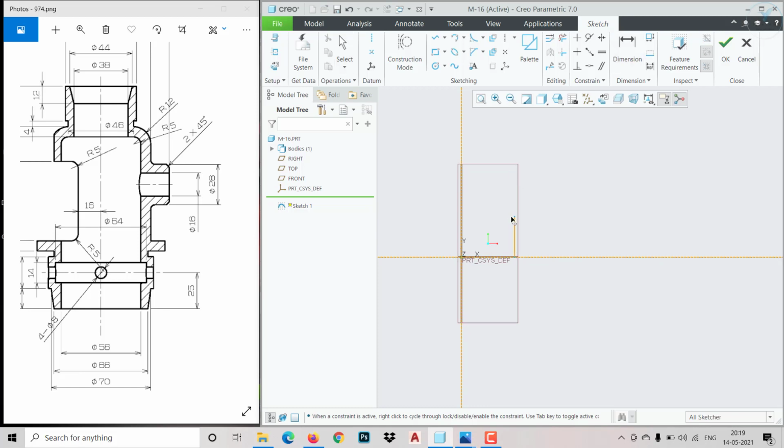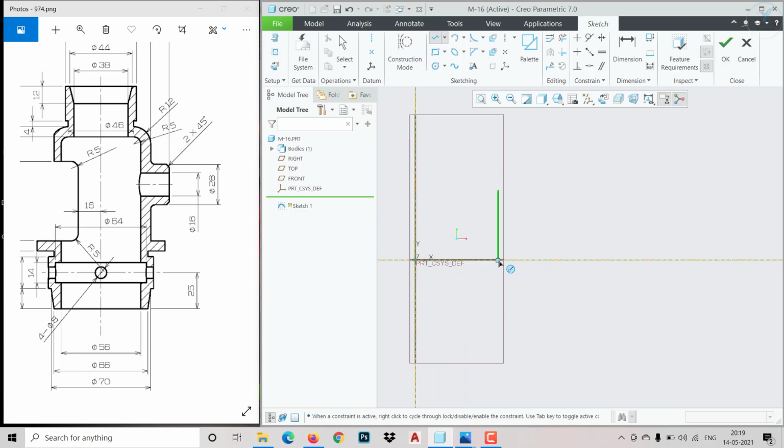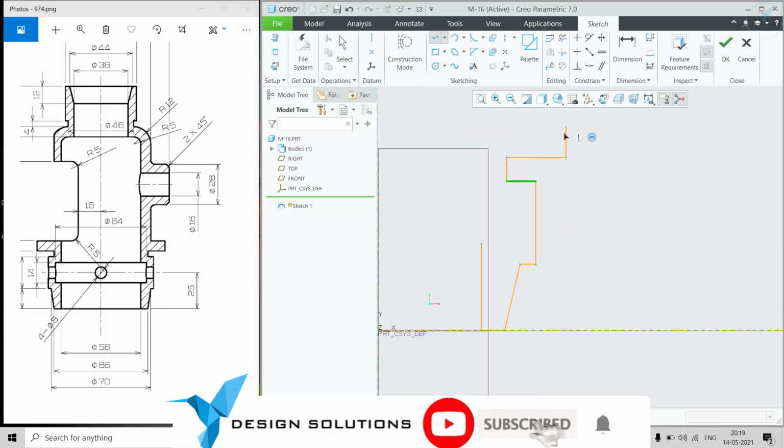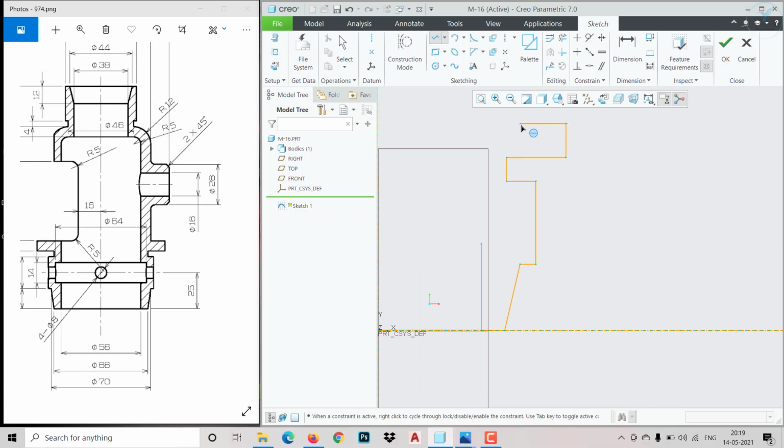Now I can create either the internal or the external shape first. Let me start from the external. Let me click over here, then it is going a little bit inclined, then straight, then again coming vertical, then it is going inside, so make it straight, then like this, then it is coming out, then it is going towards the top, then it is coming in the middle.